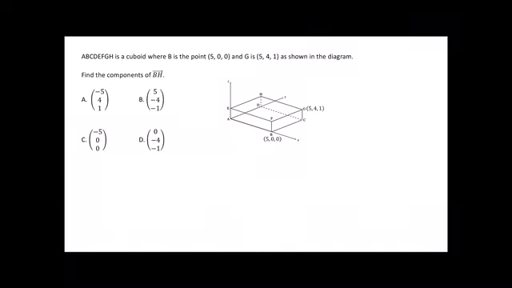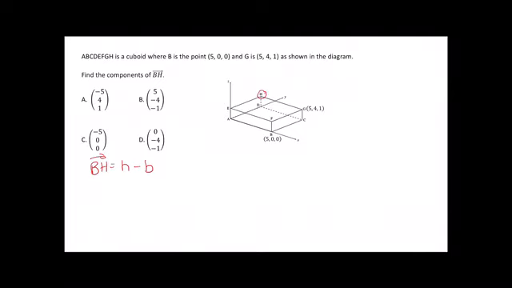Looking at question 8, it gave us a cuboid and it told us the points of B and G, and it asks us to find the components of BH. Now, if we want to find the components of BH, we have to do the vector H, take away the vector B. Looking at what we're given in the question, we only know the components of B. Looking at our diagram,